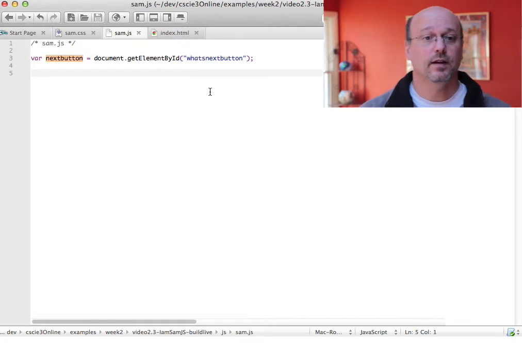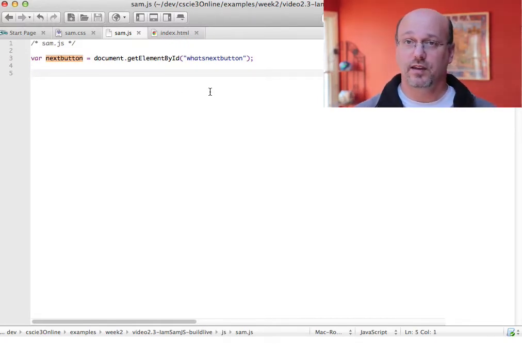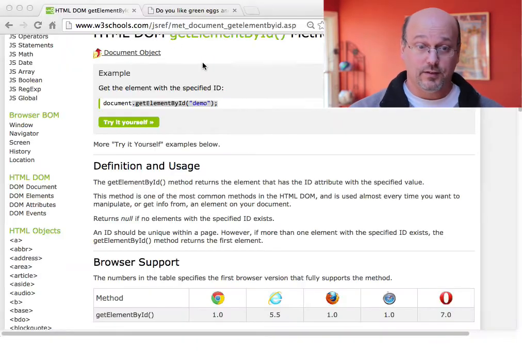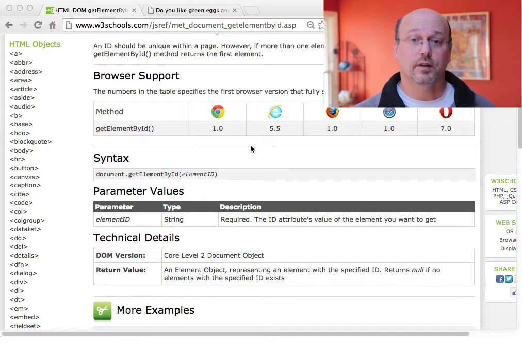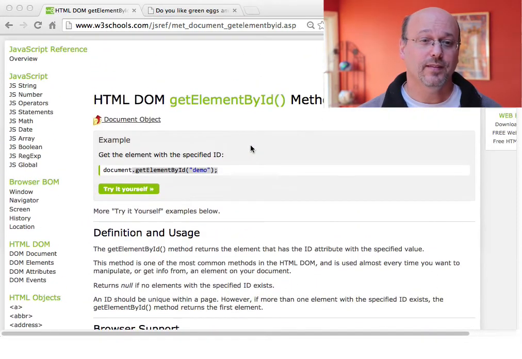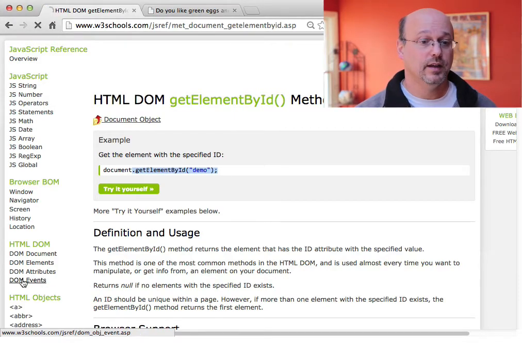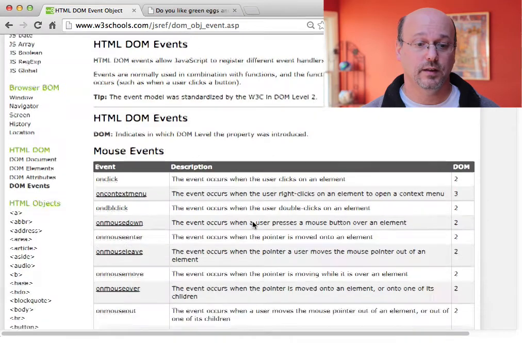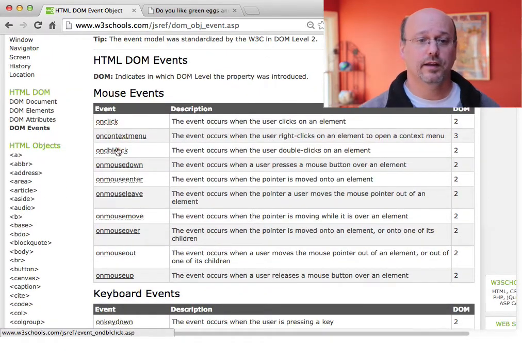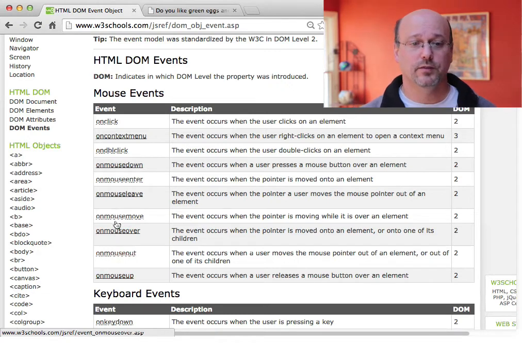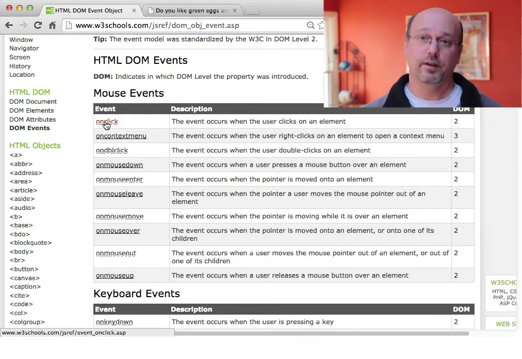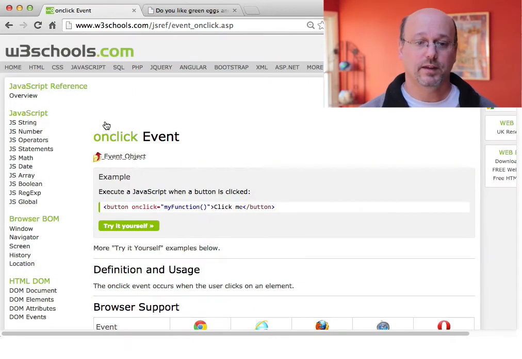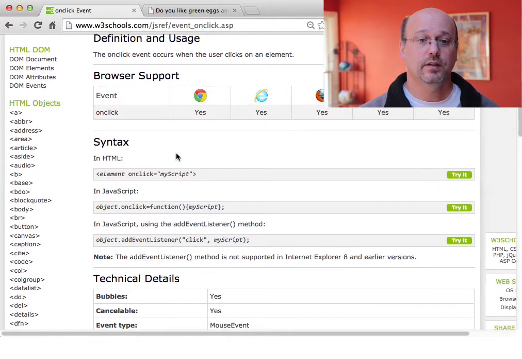So I have that, and now what I need to do is detect when that thing gets clicked on. It turns out the answer to that is back here in our reference documentation, and in this case the click is actually called an event in JavaScript. It's the document object model event, and if we click on DOM events, we can see there's a whole bunch of them here for onclick and ondblclick and mouseover and mouseout and so forth. onclick is the one we're looking for, right? We want to know if somebody hits that button, we want to make something happen. And it shows us in basic form